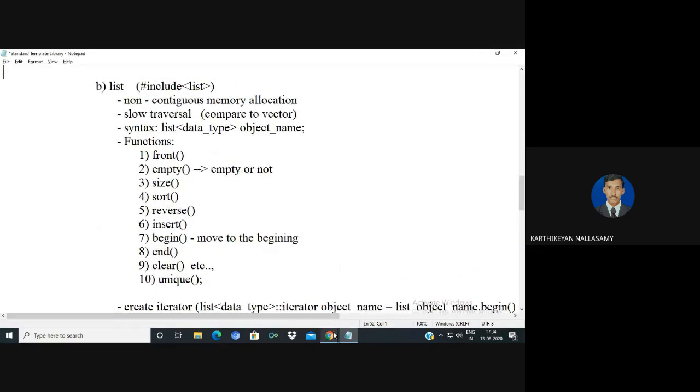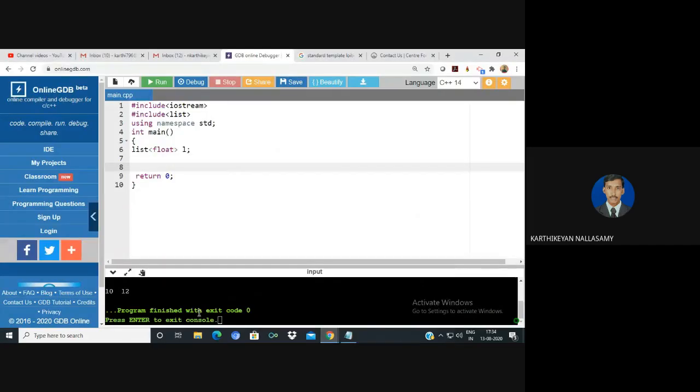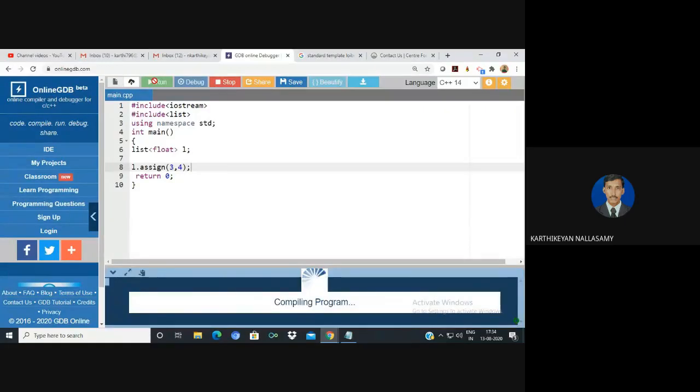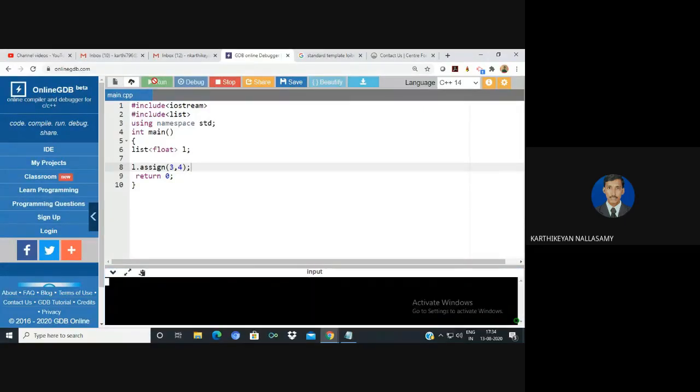For example, I can try to use the method assign. The function is assign. I can try it, I don't know whether this method is supported or not here. Yeah, so this method is supported.